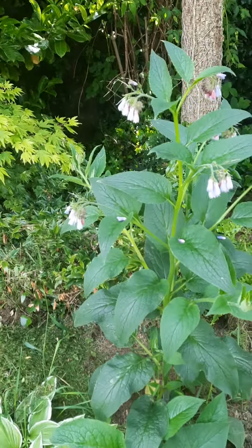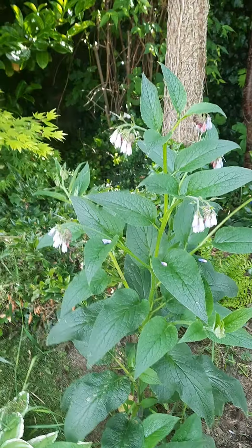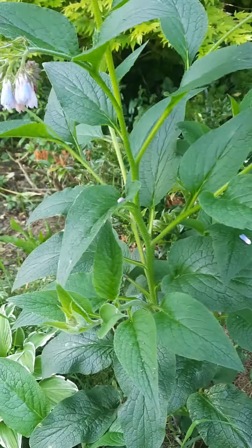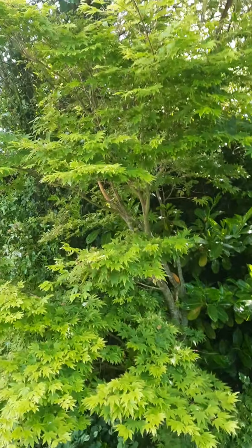is a comfrey now. This is really surprising, because for some reason I had a little root of comfrey in a pot for a few years, and I said, oh, I'll plant it out, but I never got around. But it must have broken out of the pot, and here it is full size. Nature is wonderful. And I love this